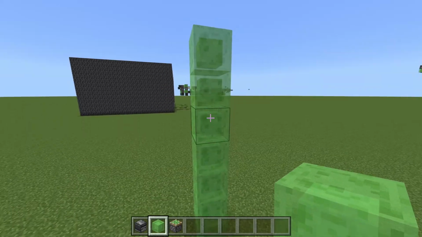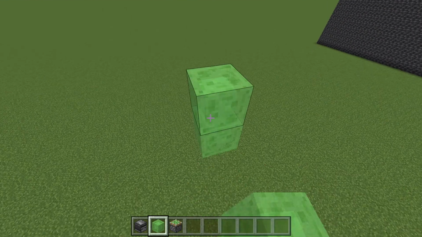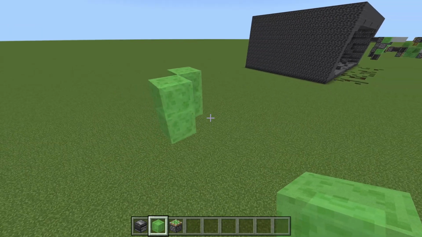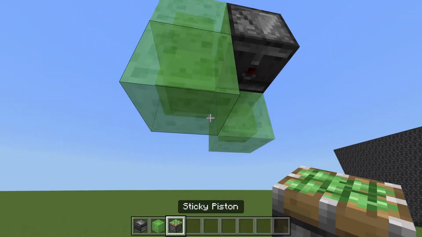So first things first, you want to build up about 5 or 6 blocks just like that. Then what you want to do is have 1 slime block on top of that slime block there, and then 1 slime block adjacent to it, and then another slime block on top just like that. Once you've done that, have an observer facing down here and an observer facing down there just like that, and